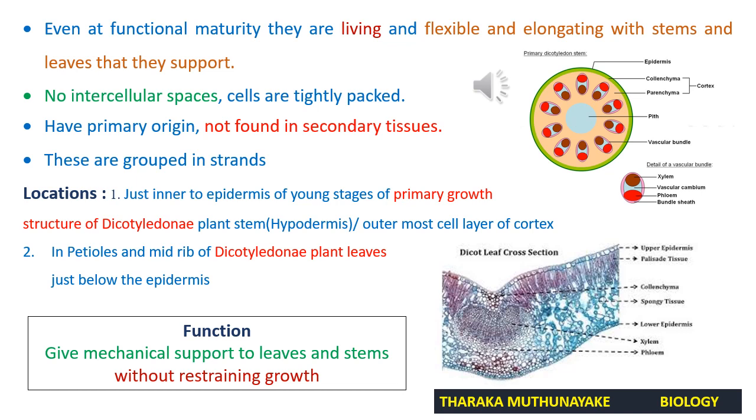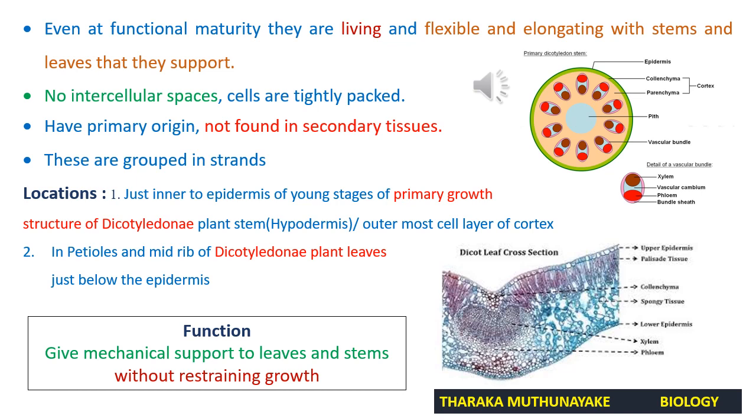But when you are stating that location, some important words should be stated. What are those? Here they are given in red color. You have to say that these collenchyma are found only during primary growth structure in dicotyledonous plant stem, because such a collenchyma tissue layer is not found in monocot stem. At this location, monocot stem has sclerenchyma fibers. Also, this collenchyma tissue is found only during the primary growth structure, because during the secondary growth of these dicot plants, this collenchyma cell layer is removed.